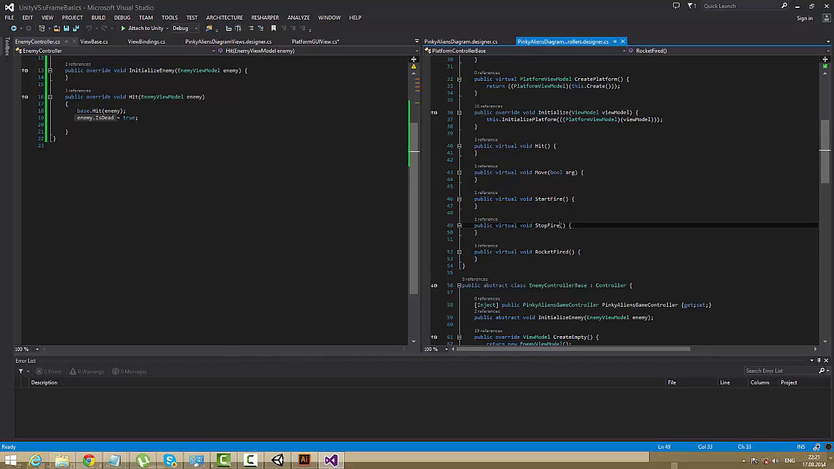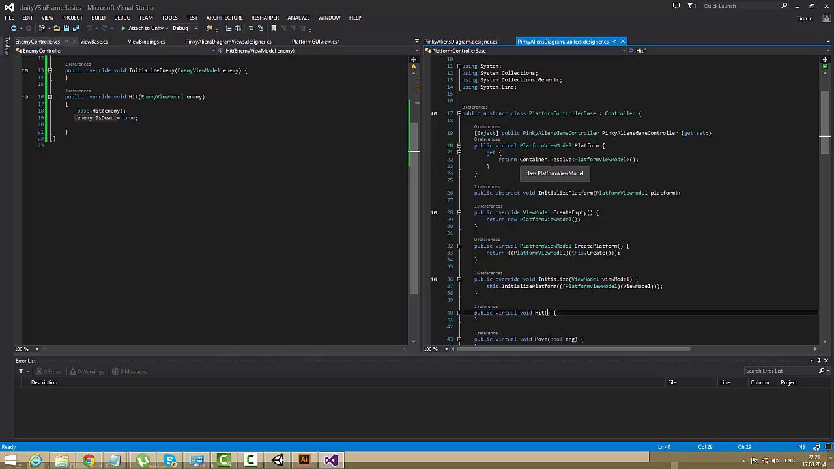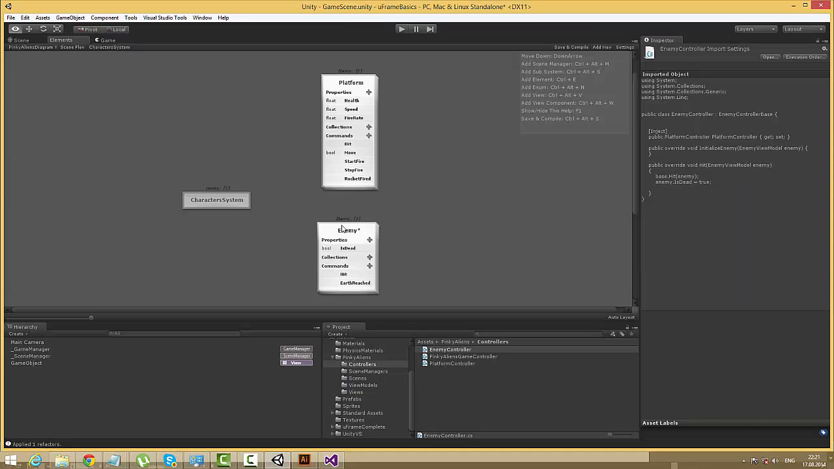It doesn't provide any information about the sender of the command. This is because uFrame goes ahead and does not produce redundant information about the viewModels which are unique or single instance. If you look at the diagram, you will see that enemy has this little star sign right here. If you right-click, you can see that it has multiple instances field checked. This means that there can be a lot of viewModels of this type, while platform is considered to be a single instance element. If we hit this, click Save and Compile,